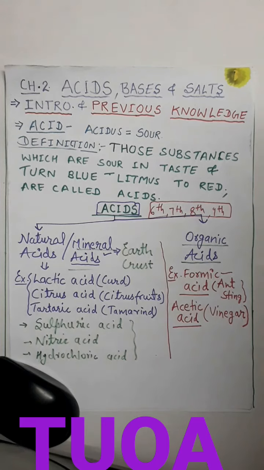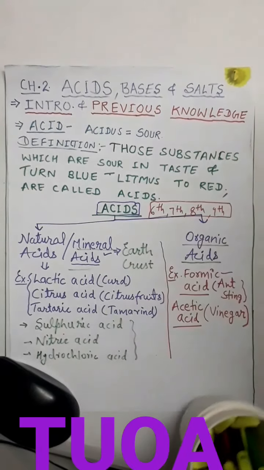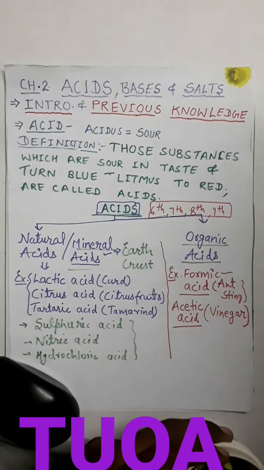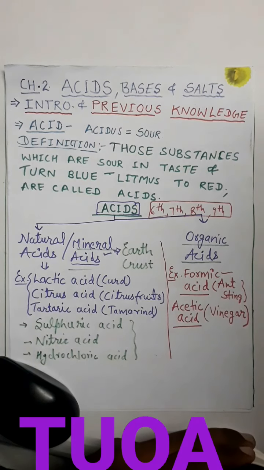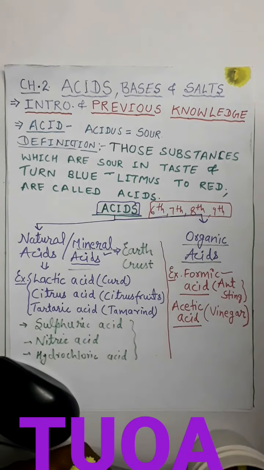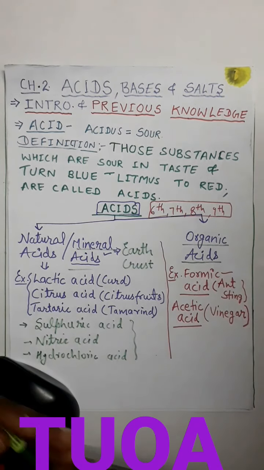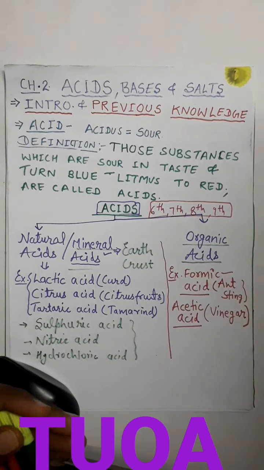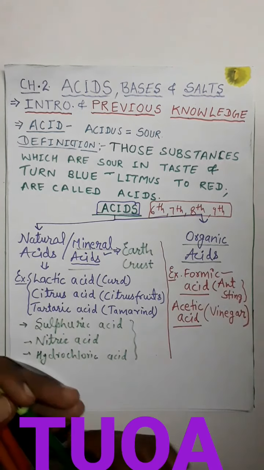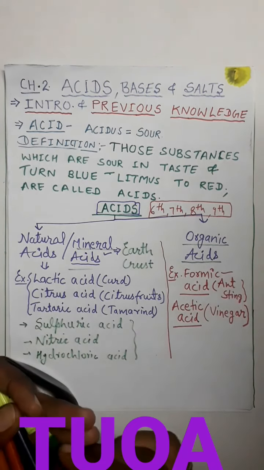The chapter acids, bases and salts. This is the second part of the chapter, and here we will take some examples of chemical reactions which are performed by acids, bases and common examples. Okay, so